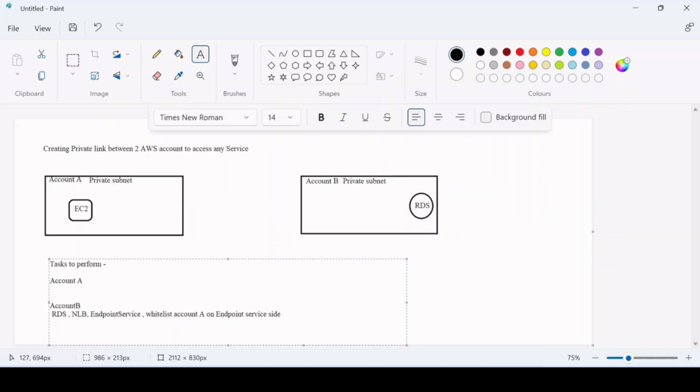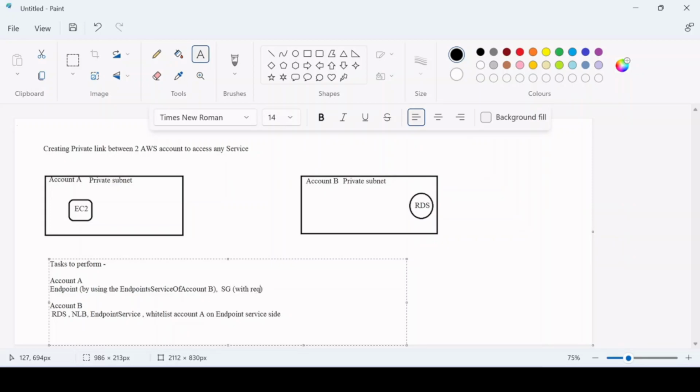So these are the tasks from account B side. From account A, we need to create an endpoint by using the endpoint service, which we will be creating on account B side. Also, we need to create a security group